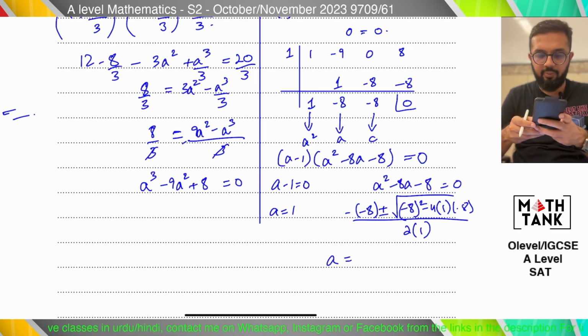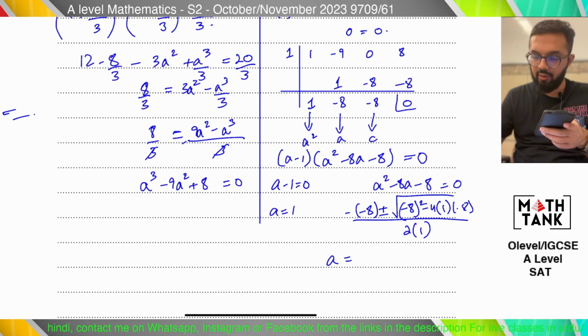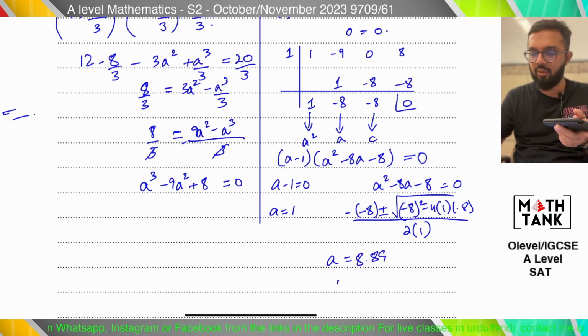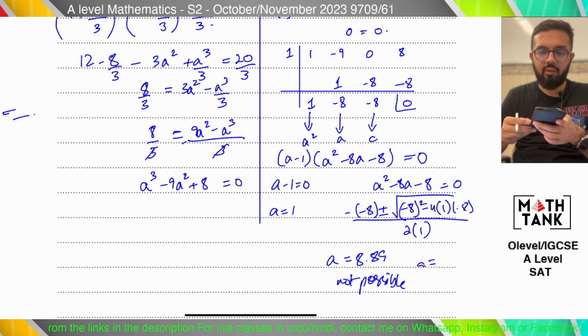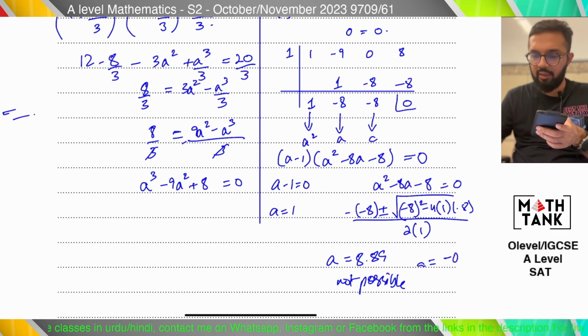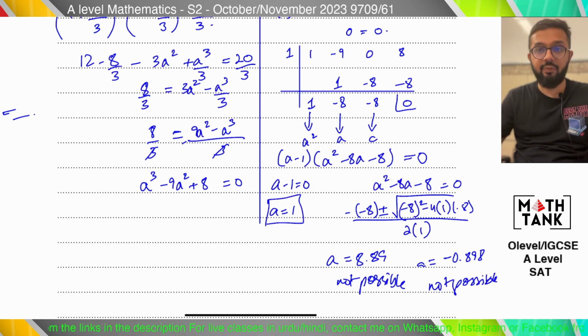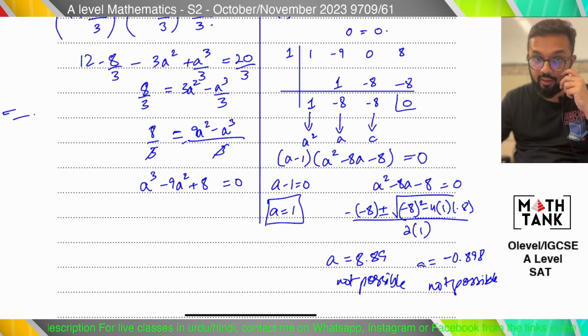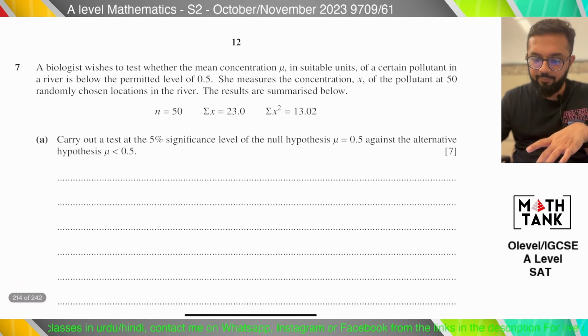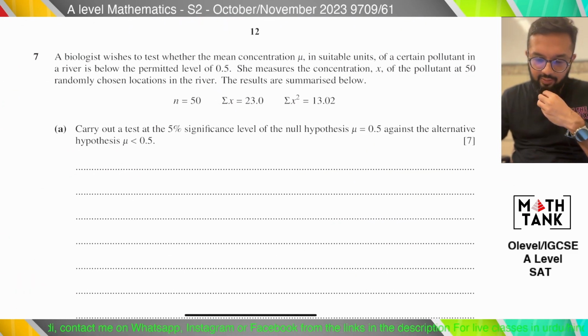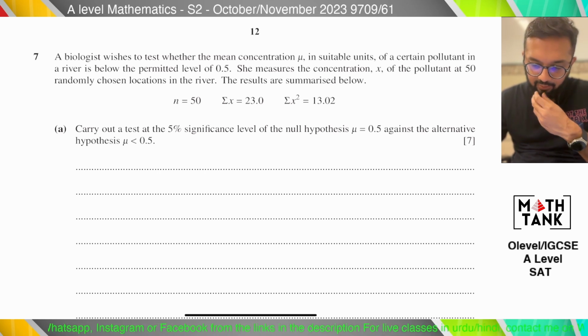Gives me 8.89. That seems unrealistic, not possible, because it has to be less than 6. And the other one is minus 0.898. Again, not possible, because negative numbers are not part of this range. So a equals 1 is the final answer, but I had to make sure that the other two are rejected. Okay. Moving on to the last question, it says a biologist wishes to test whether the mean concentration